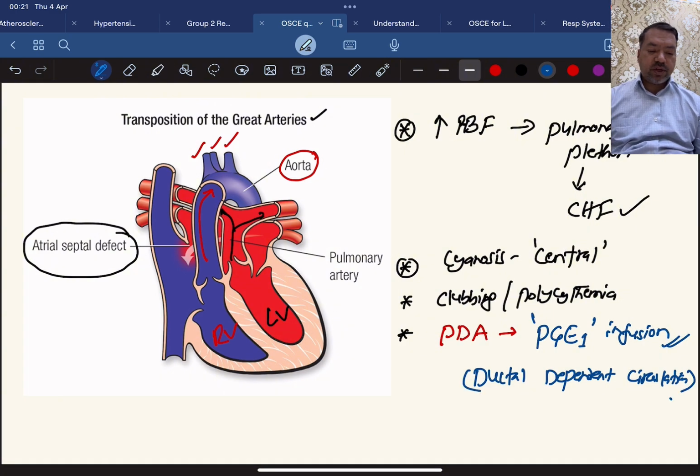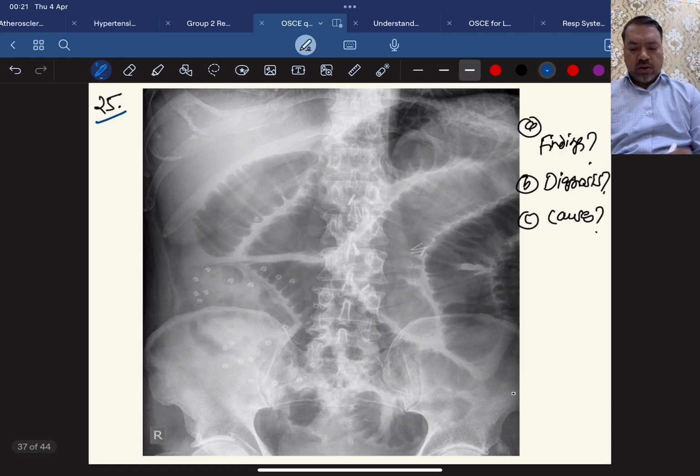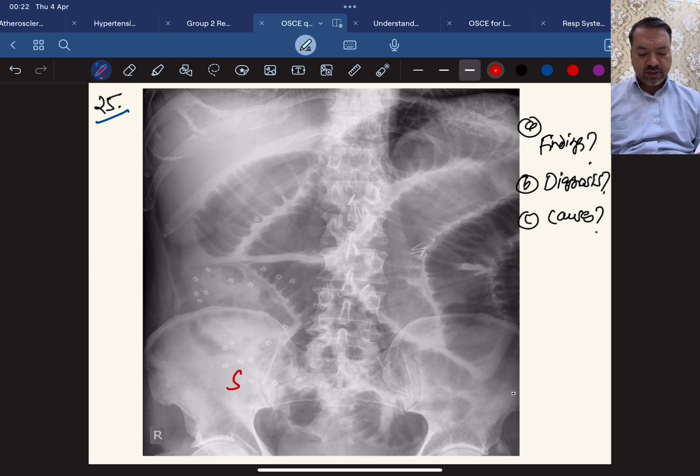So these are some of the very important points here. Let's move on. Now, another case is from the abdomen. Look at this plain X-ray of the abdomen. And what are the findings here? It's a straightforward case. You can see stack of coins appearance. Now, whenever you see stack of coins appearance inside the intestine, usually these are the small intestine,